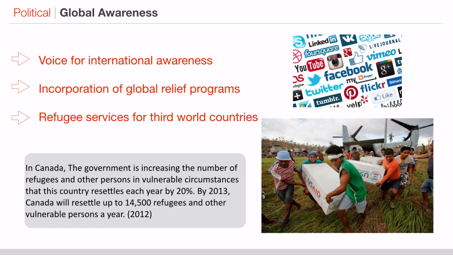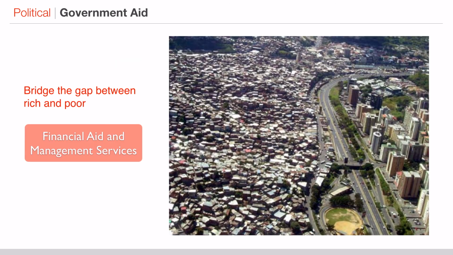Proper welfare and tax collection from the people, with distribution, can help the country develop as a whole. With information technology, people can reach out to the government through a local authority. For example, they could access a bank account or register for government services. As for bridging the gap between the rich and the poor, the government has to reach out to people living below the poverty line. In order to move towards a developed country, the government has to maintain an increased income average. IT helps develop and monitor this aspect of society.